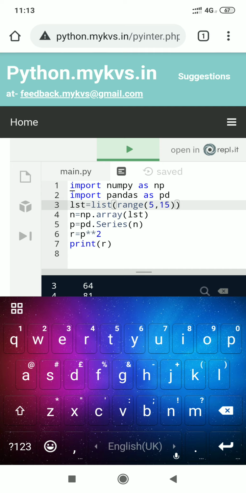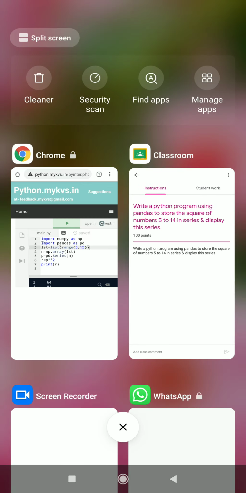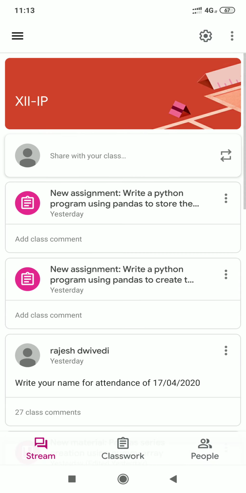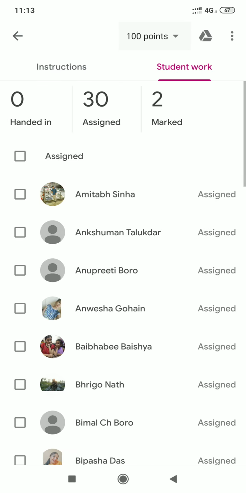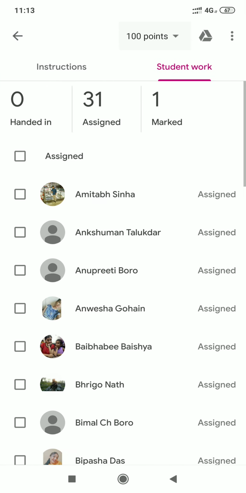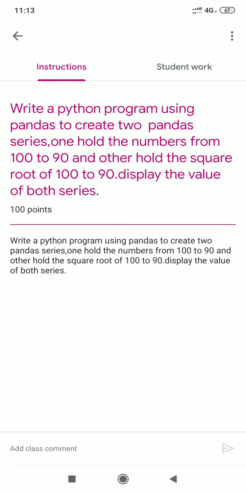Okay students, our next question is to hold the numbers from 100 to 90 and the other holds the square root.